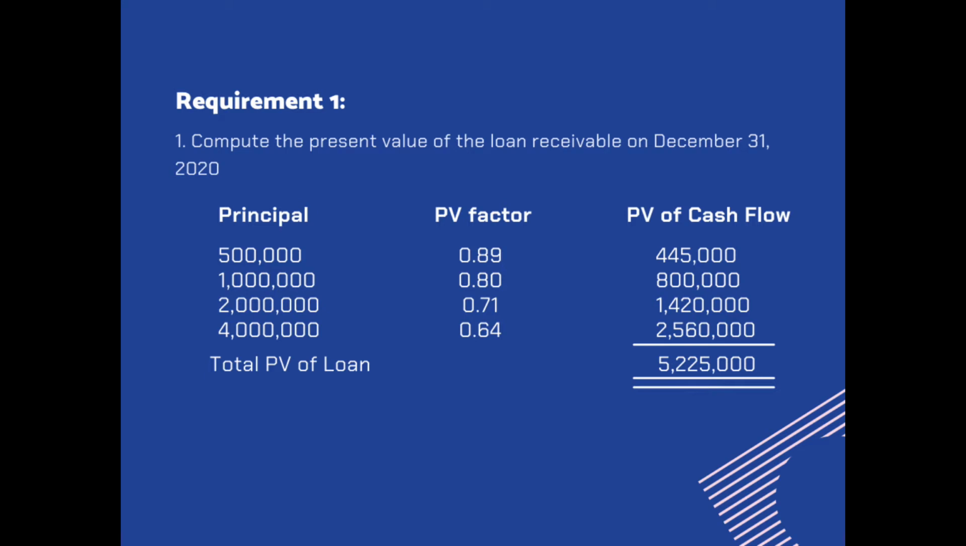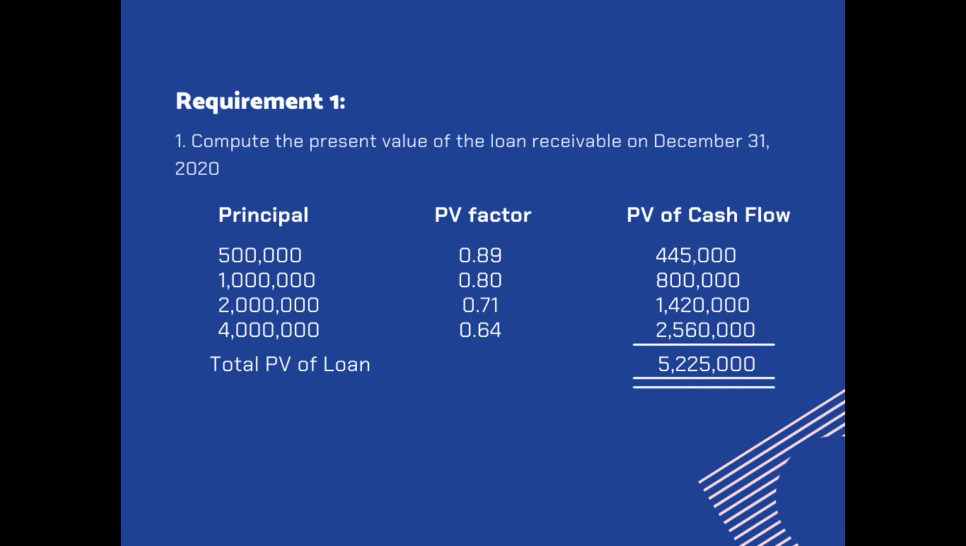For the solution, first we need to find the present value of future cash flow for every period. We multiply the principal amount of each year by the present value factor of each period. For the first year, we will use the present value factor for one period, which is 0.89. So 500,000 multiplied by 0.89 is equal to 445,000. For the second year, we will use the present value factor for two periods, which is 0.80. So 1 million multiplied by 0.80 is equal to